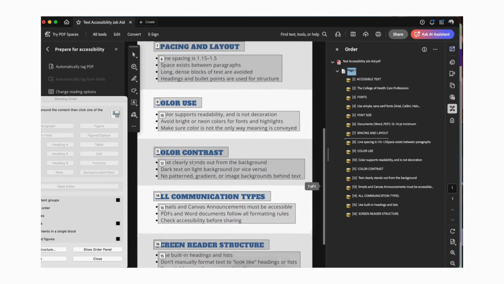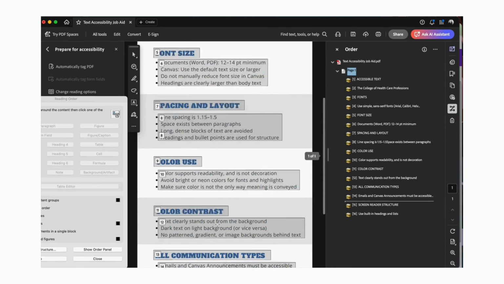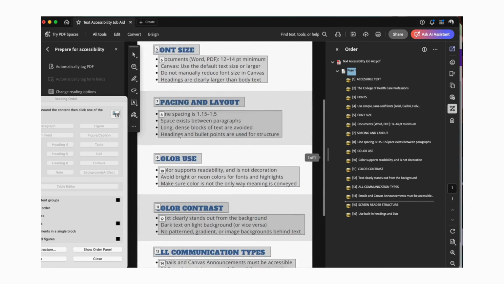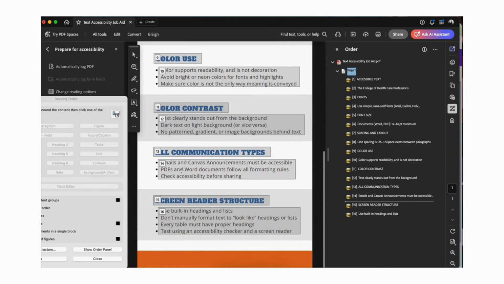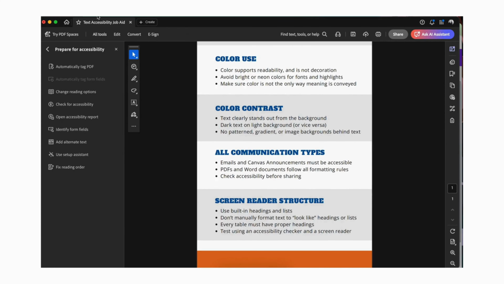Then there's 9, 10, 11, 12. And we need to fix 13 and 14. So 14 should be 13, and 15 should be opposite. Okay, now it's showing 1, 2, 3, 4, 5, 6, 7, 8, 9, 10, 11, 12, 13, 14, 15, and 16, and that is correct. Okay, so now that the reading order has been fixed, let's save this